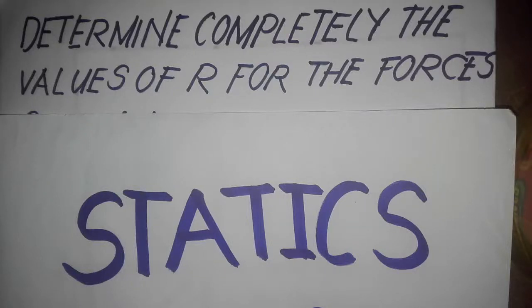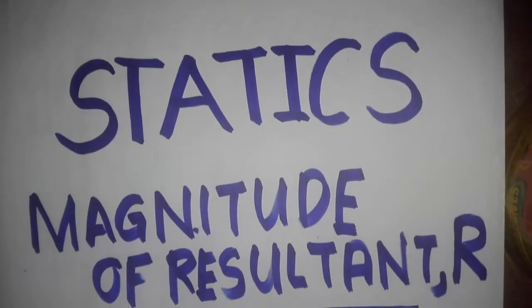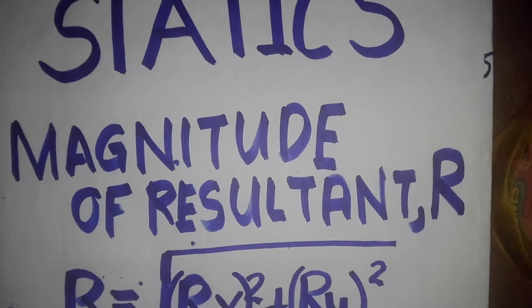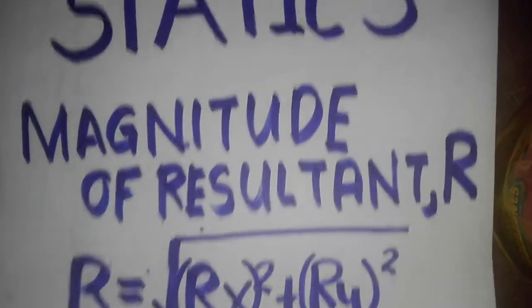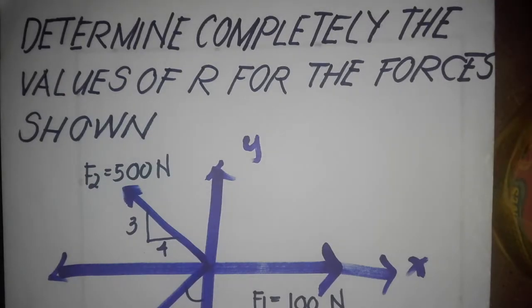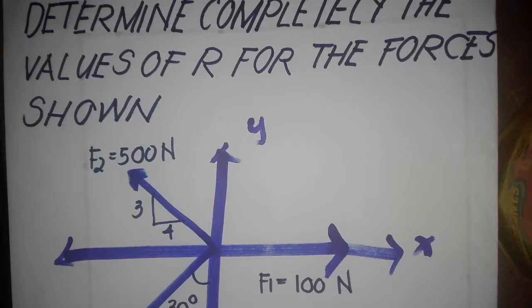The first topic for the basics of civil engineering in the field of statics is the magnitude of resultant R, with the formula R equals square root of Rx squared plus Ry squared. As I have discussed on my blogspot, the magnitude of resultant R is an important factor in civil engineering because it will be one of the foundations in further computations. Here is an example problem on the application